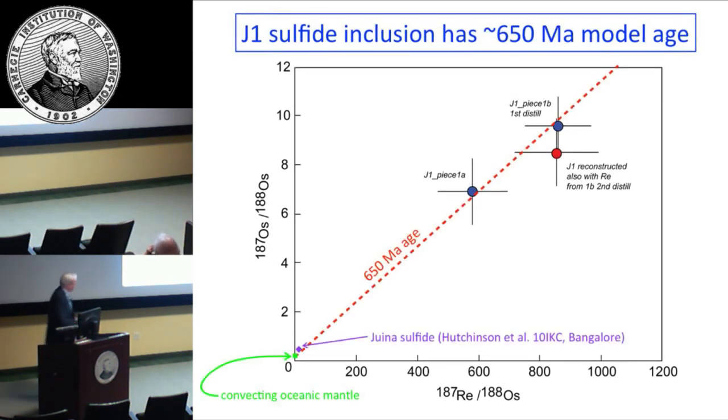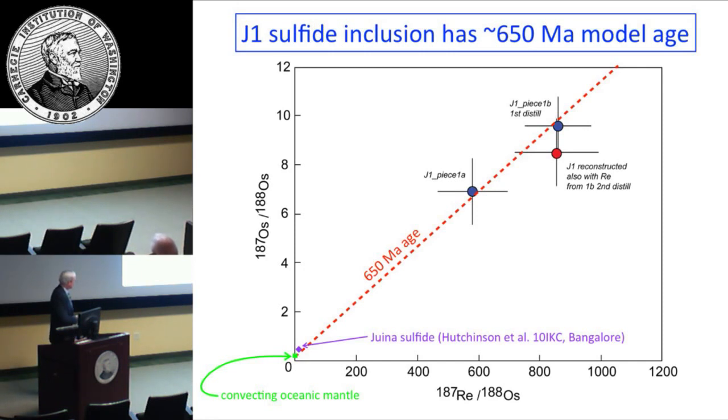Well, the interesting thing is you can regress these data, or you can draw a line between these data and where the mantle should be, which is this line down here, where we call it convecting oceanic mantle, which would be around 0.13 or 0.127, which on this scale is a little tiny region right here, and a rhenium-osmium ratio of 0.4. So it's way down here at almost the origin. And so a line like that has a 650 million year age,